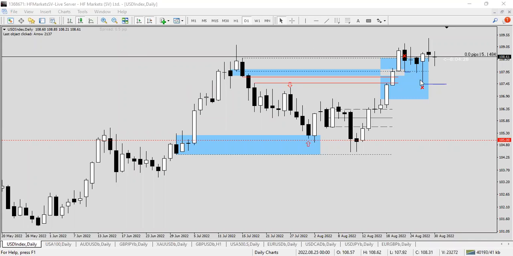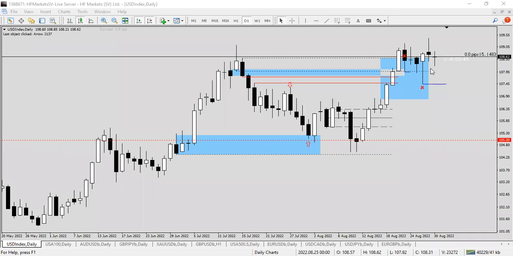How do you determine if a failure swing to opposing liquidity run is a dealing range? Did the failure swing take liquidity, and did the opposing liquidity run take liquidity? The opposing liquidity run by definition must take liquidity. So these highs were run here, buy side liquidity taken. Did this take sell side liquidity? If it did, if it took sell side liquidity, then buy side liquidity, you fib low to high, then you